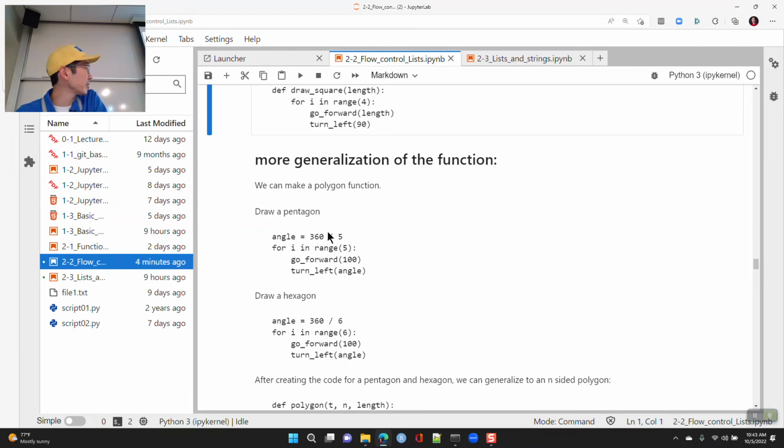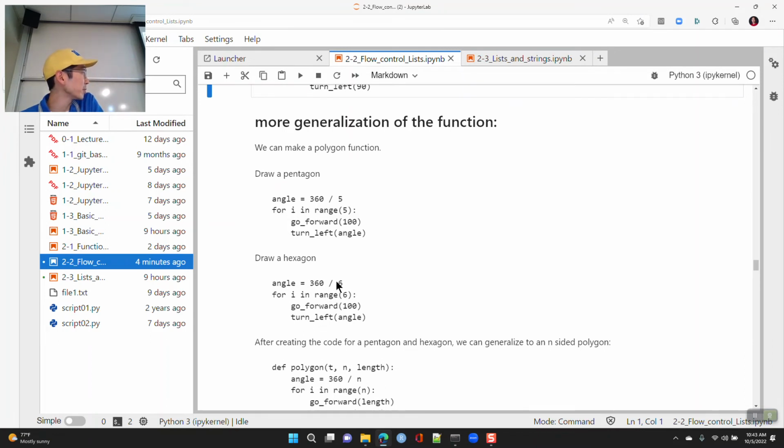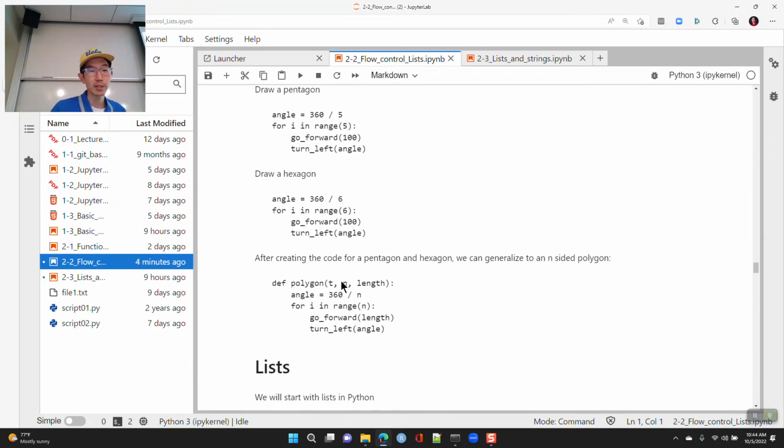Yeah. So here with a pentagon, how much you turn will be 360 divided by 5. With a hexagon, it'll be 360 divided by 6. And how would your code change? Well, with a pentagon, we would have to repeat ourselves 5 times. With a hexagon, we'd have to repeat ourselves 6 times. So we look for things and we say, okay, you know what? The angle is going to be 360 divided by n, however many sides I want. And how many times do I have to repeat myself? It's going to be n times, right? And so if we wanted to generalize to, say, drawing a polygon,